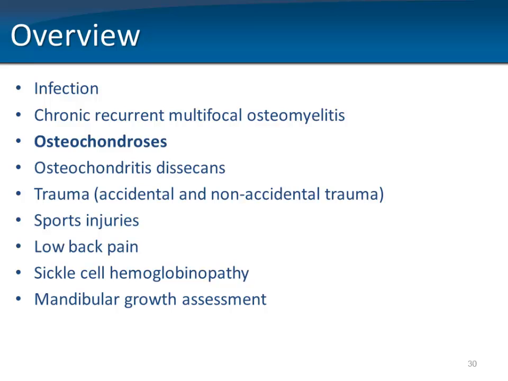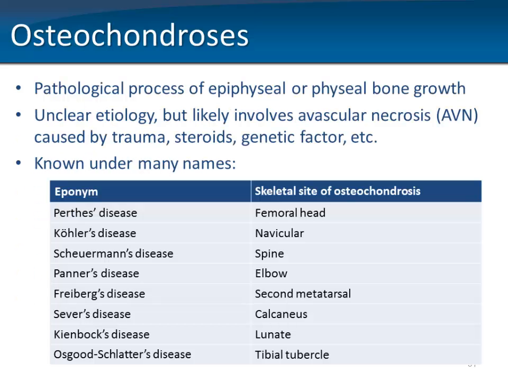Okay, so moving to the osteochondrosis, this is somewhat of a different disease. It means a pathological process of the epiphyseal or physeal bone growth, and the etiology is not quite clear, and it likely involves avascular necrosis caused by trauma, steroids, genetic factors, and so on. There are many different eponyms out there, depending on the skeletal site, but in fact it's just a variation of the same disease entity. Most commonly occurring is Perthes disease in the femoral head, but Sever's disease at the calcaneus is something you see